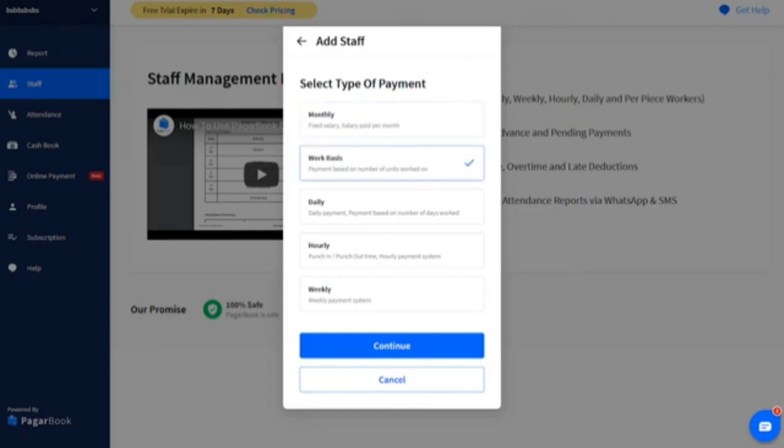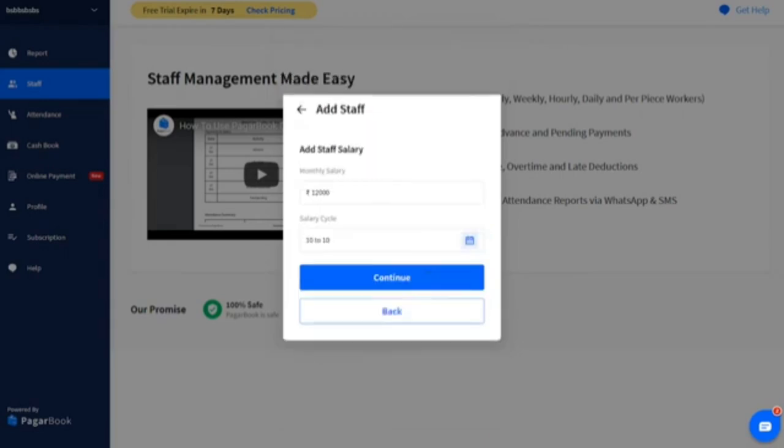If the staff is paid on work basis, select the work basis option. If you calculate the staff salary for daily basis, select the daily option. For hourly or weekly basis, select the hourly or weekly option. Enter staff salary.